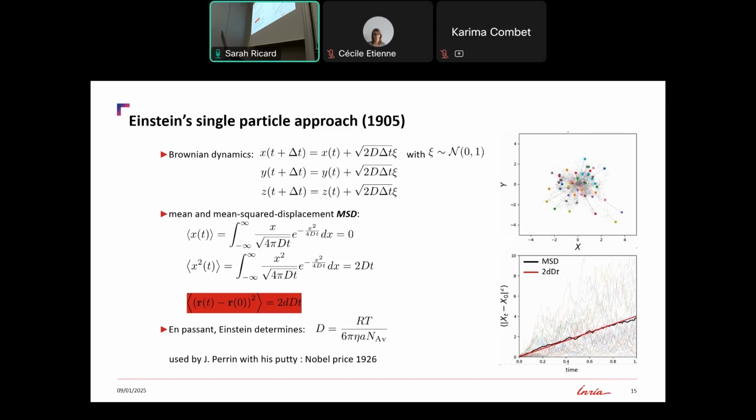So that means, and that's what the goal of Einstein in fact was, and it will be the goal of Perrin, that if you determine precisely D experimentally, and if you determine precisely eta, the viscosity, and the radius of your random walker, you can determine precisely the Avogadro number. And in fact, that was what Perrin used with his Petit. He did a very precise measurement of D and A and the viscosity, which is the viscosity of water. And with that, he could estimate the value of the Avogadro number, and that's why he got the Nobel Prize